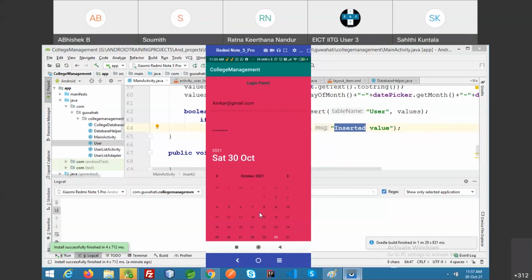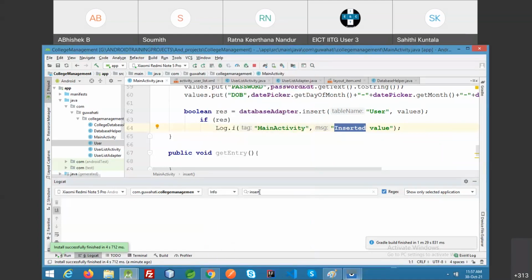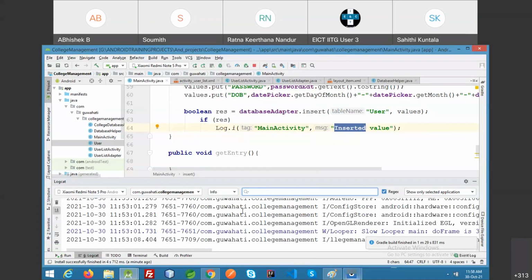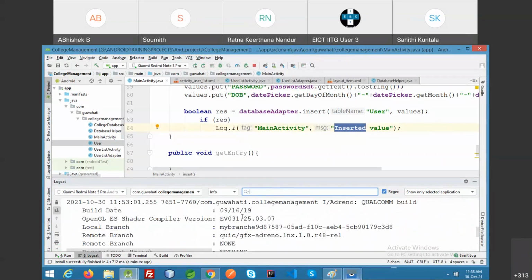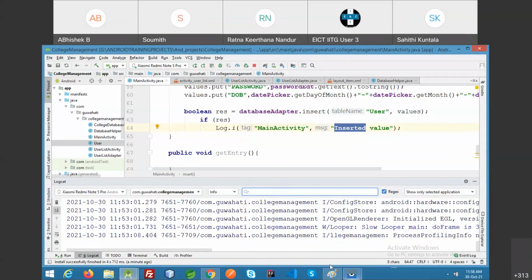Now I'm signing up. Let's check, is it signed? It signed up successfully. Is it inserted or not?